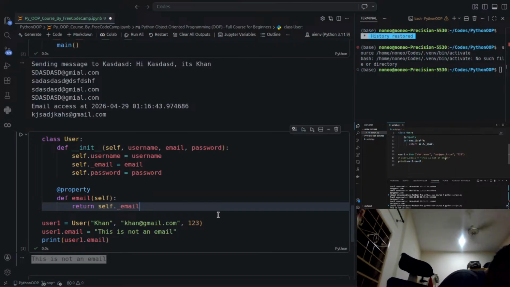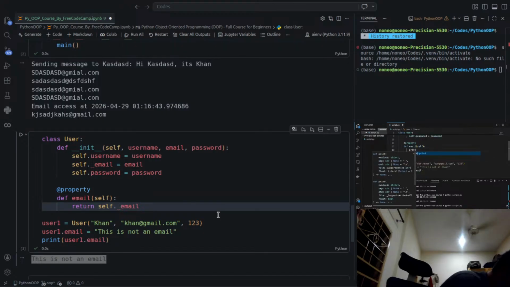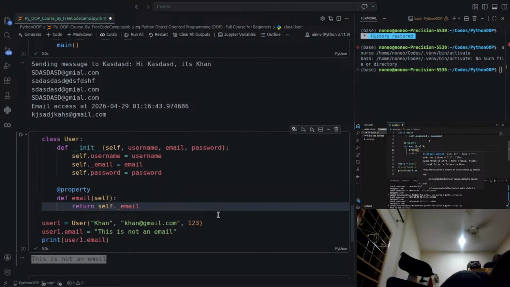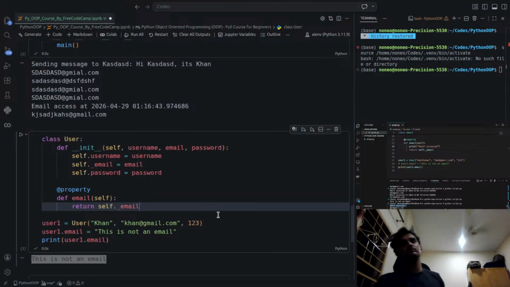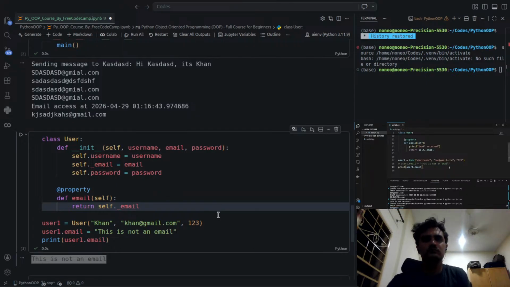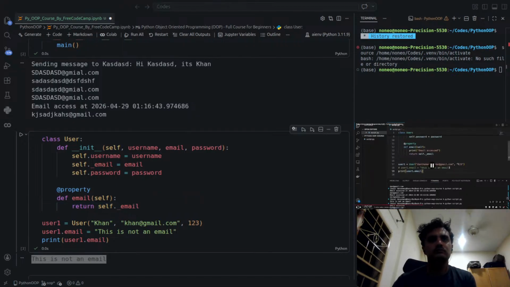Now again, if we wanted to, for example, print something to the console every time an email is accessed, let's keep things simple and say "email accessed" and run this. You can see that we are printing to the console "email accessed" before we print the email. So it's very similar to using